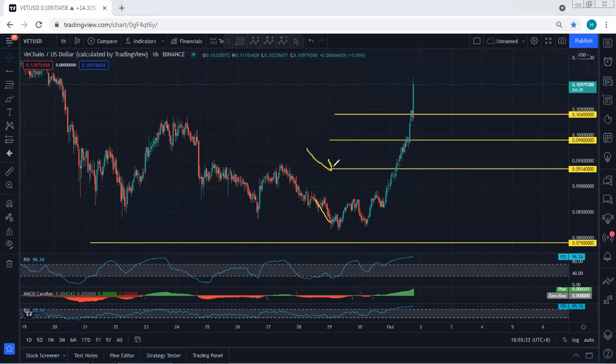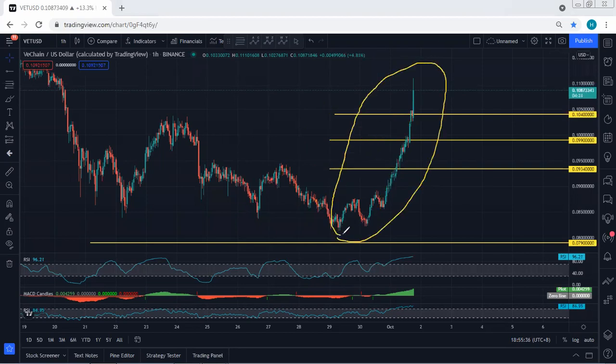And we have been looking for these levels: 0.0934, followed by 0.099 and 0.104. As we can see, this is what we get, and the price broke all the levels we have been looking for. All right, now for those traders who got the trade within this move,